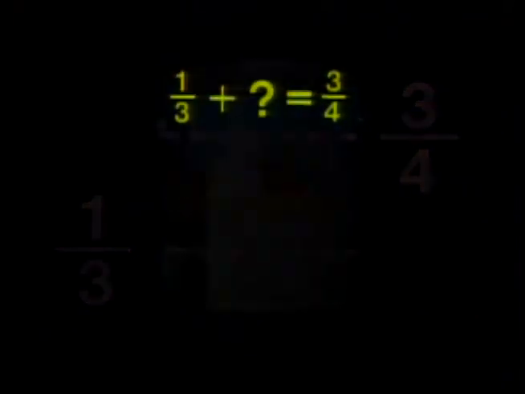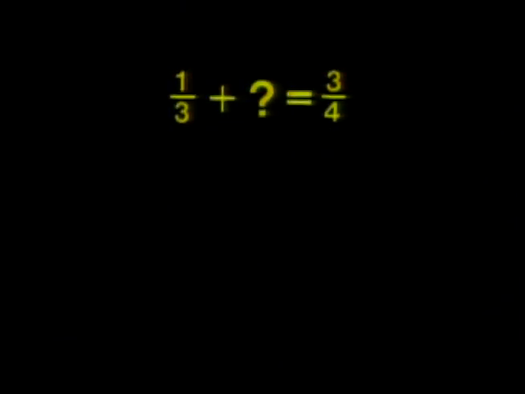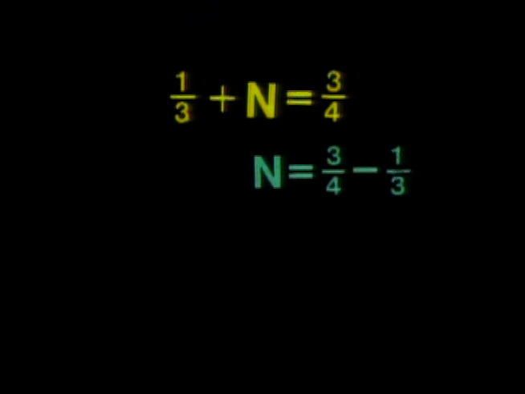We're asking 1/3 plus what equals 3/4. Let's give the missing addend a name. Call it n. Then n equals 3/4 minus 1/3,